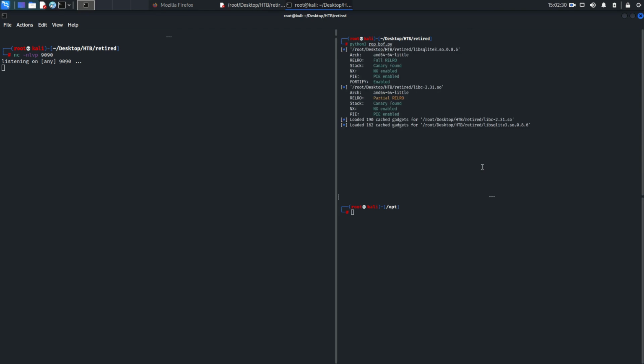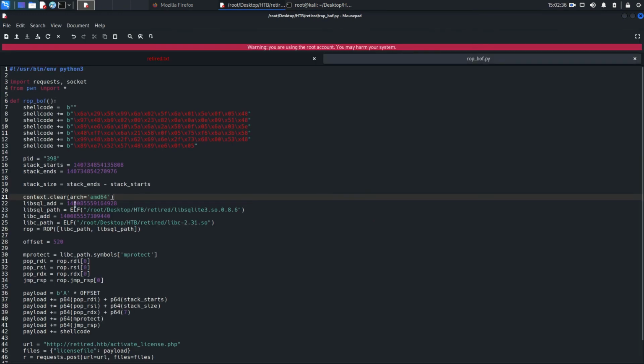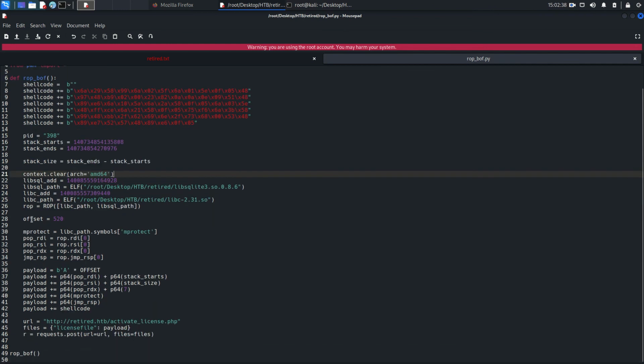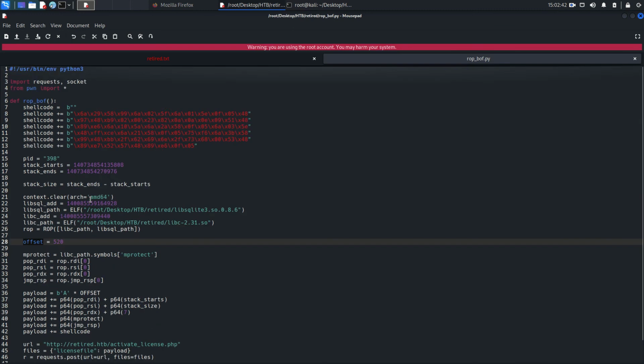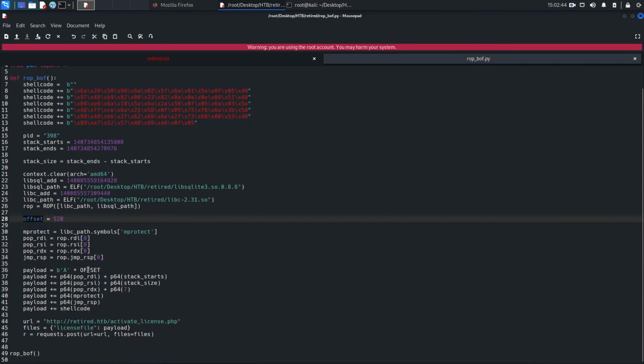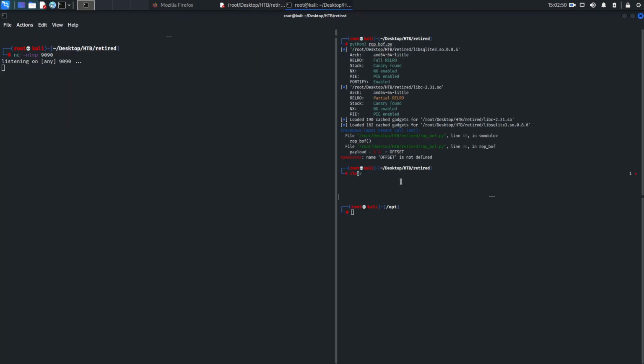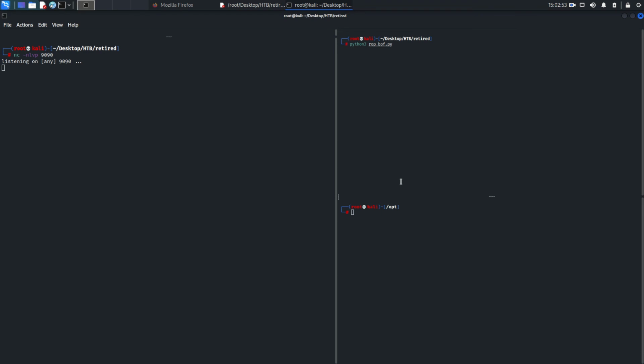Now it's saying name offset is not defined, of course, because we wrote it here in lowercase and here we typed it in uppercase. Paste that and clear again, run it again. Let's see how many mistakes we have made. This time seems to be working,